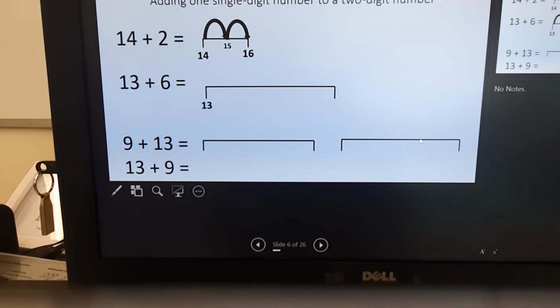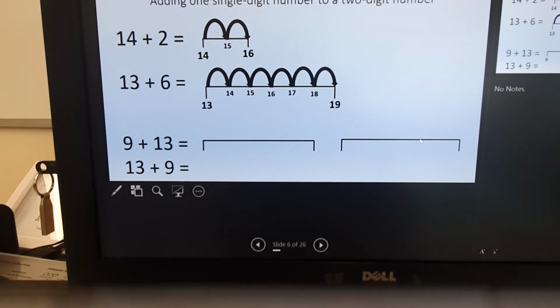For 13 add 6, I want you to have a go yourself. Pause the video and have a go. So for 13 add 6, you should have started your number line at 13 and added on the 6 jumps